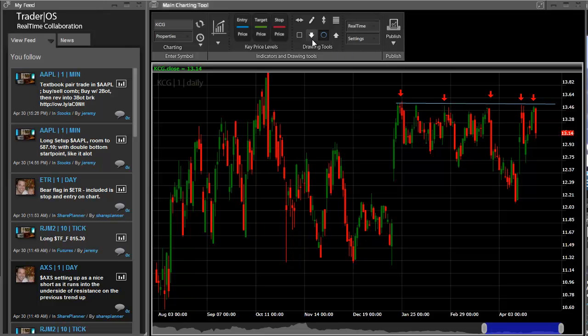psychology here at this price level, at that 13.50 level. I mean, every time it touches it, it sells off hard. It sells off a good $1 every time. And in this case, it really sold off about $1.50. So